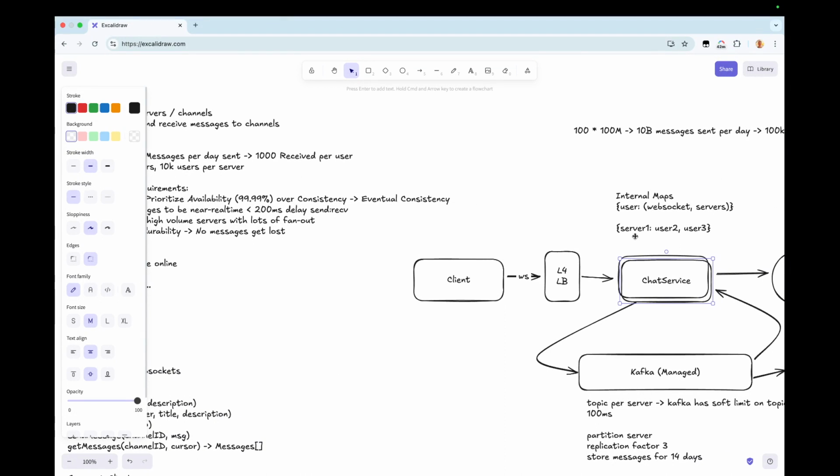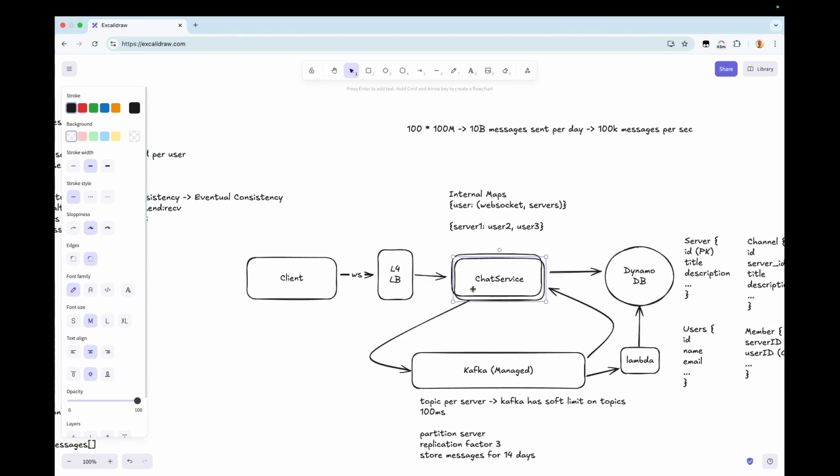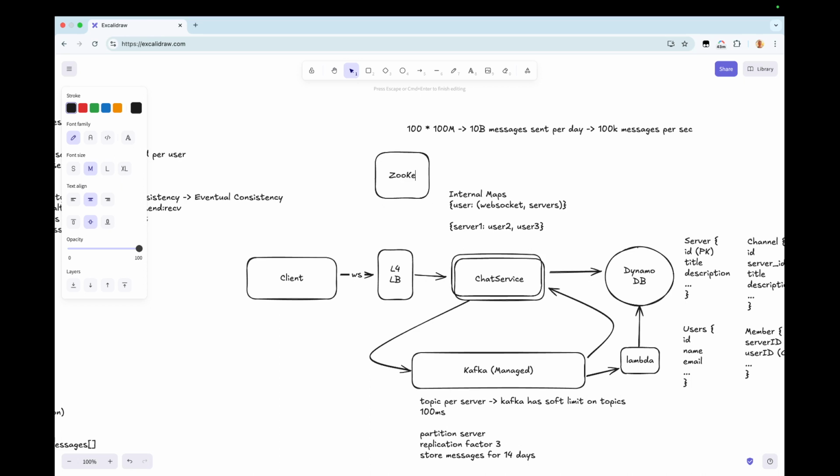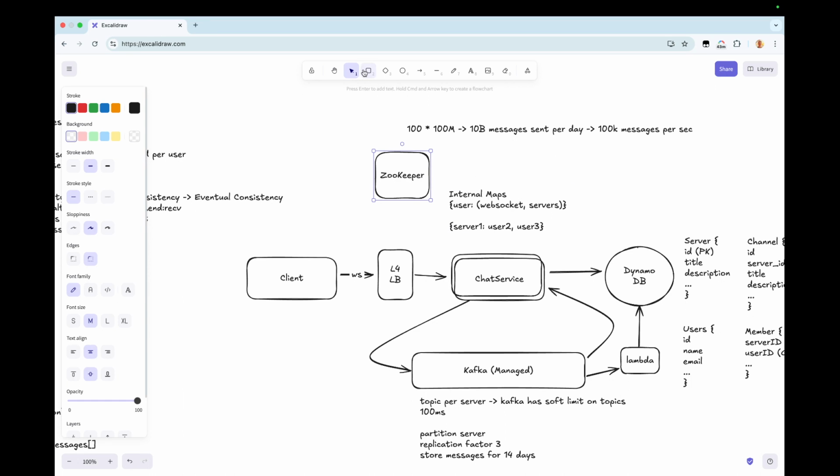What's a way that we could basically have a higher chance that all of those users are connected to the same chat service instance? Well, we could also consider consistently hashing our chat service so that we have a range of instances that are connected for a particular server. So what we could do is we could have something like Zookeeper here, and then we'll probably have just like a routing service